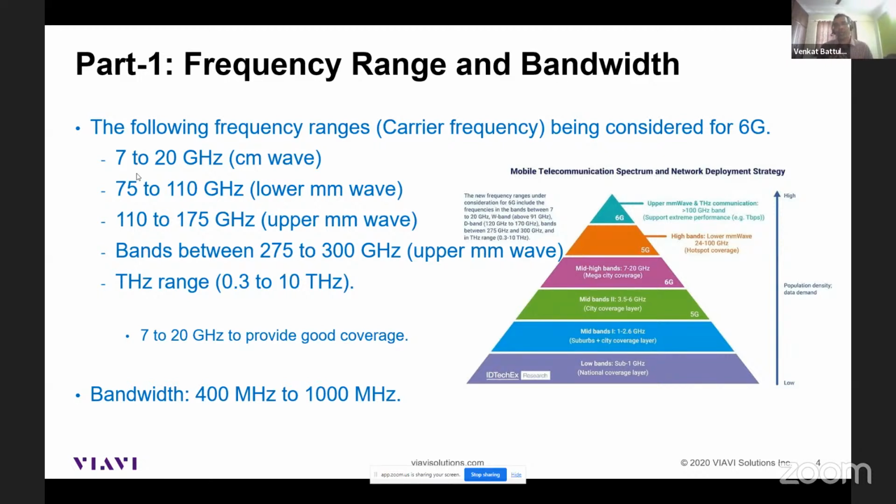I'll revisit my earlier point: when 6G comes into the field, version 1 will look similar to 5G, but at higher frequencies because it can't reuse the 5G frequencies. So it'll be 7 to 20 gigahertz, with a lot of bandwidth,